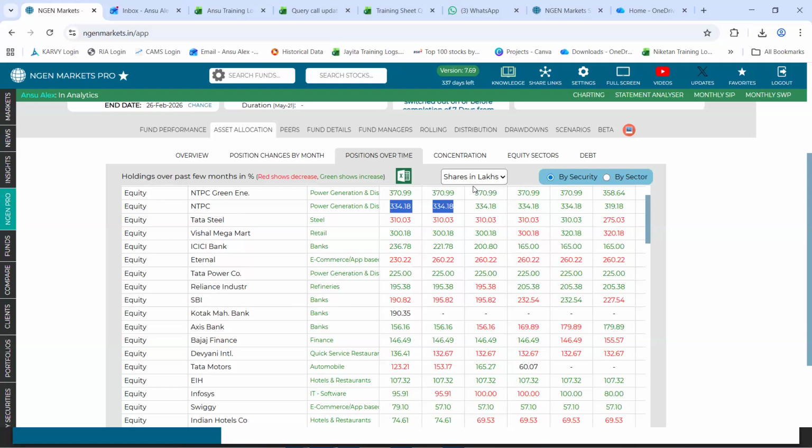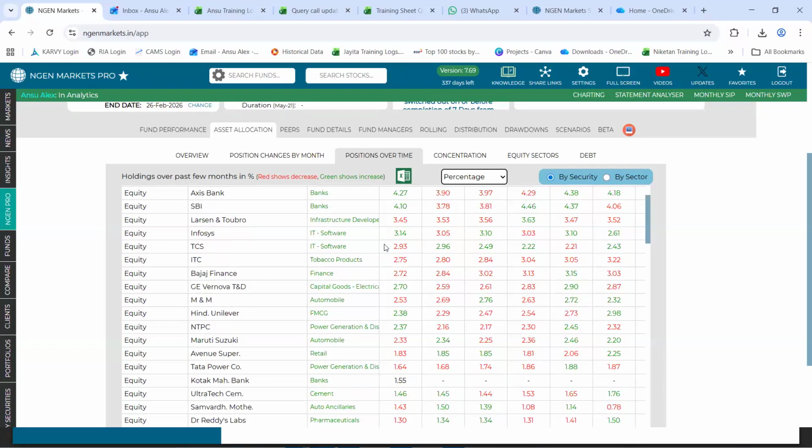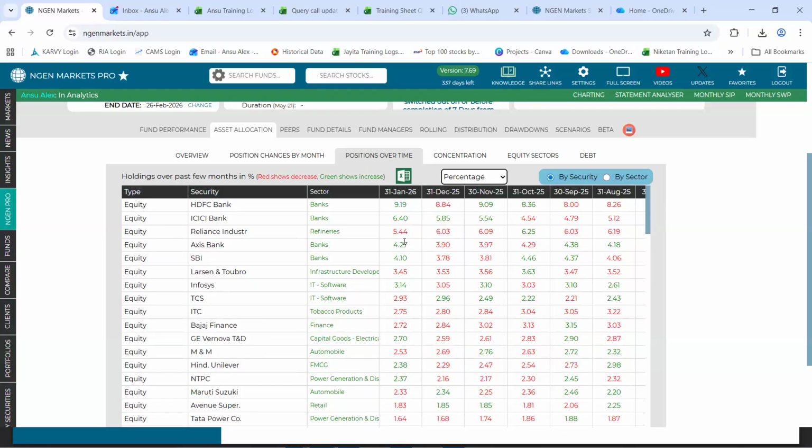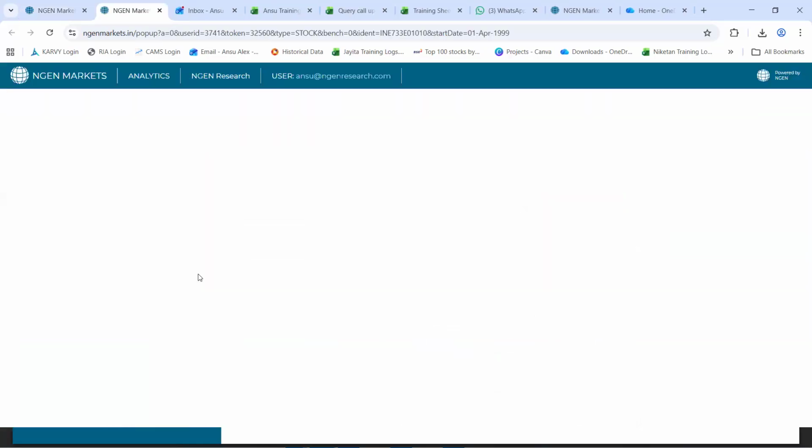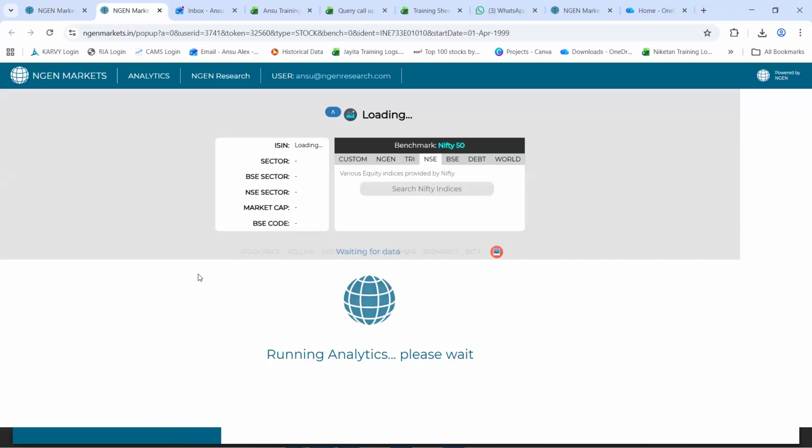Now, if we look at the percentage change right here, for NTPC, the percentage allocation for this respective stock has increased, not because the shares have been increased or changed, but this could be majorly because the price of this respective stock might have changed. You can also verify the same just by clicking on that respective stock. This is a stock level analysis that you can come across in the system just by clicking on the name of that respective stock.